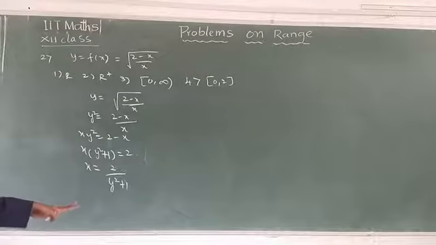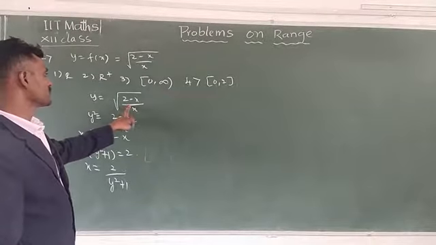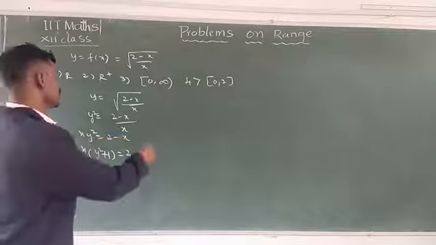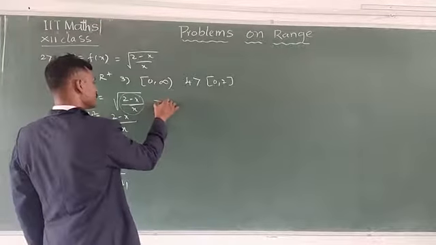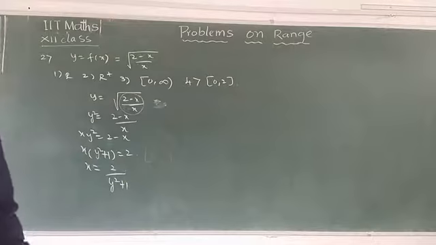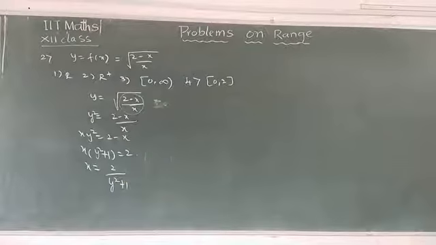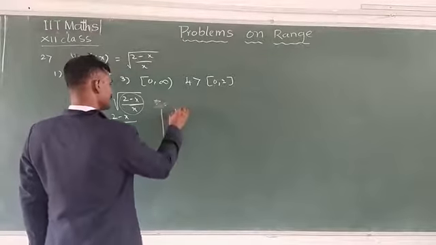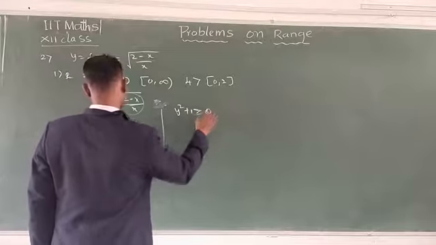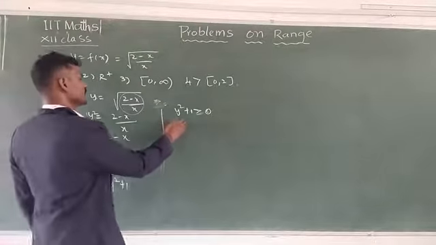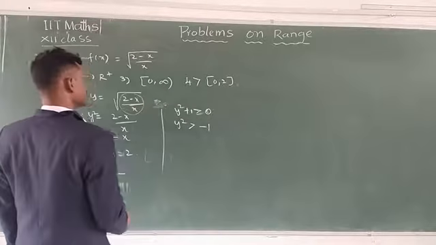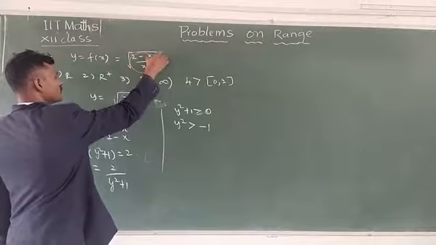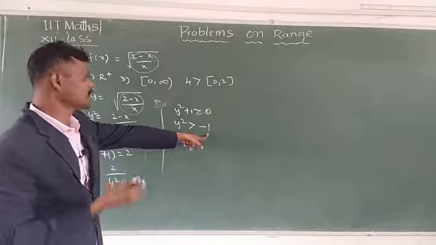Now see here, you can give any input values. Is x equal to 0 possible or not possible? This is either greater than 0 or greater than or equal to 0. Here y square plus 1 is greater than 0, not greater than or equal to, only greater than 0. Then y square is greater than minus 1. Under root of minus 1 is not possible as an output, so minus 1 you can leave it.